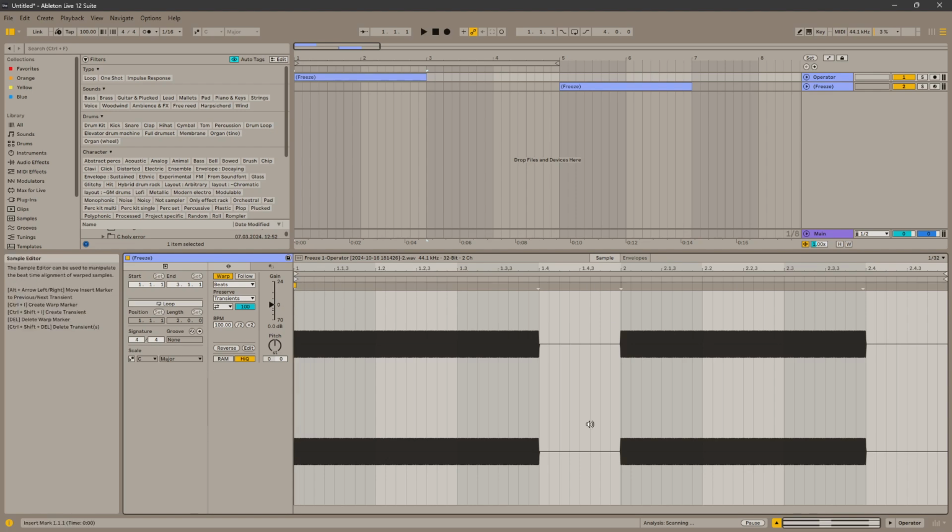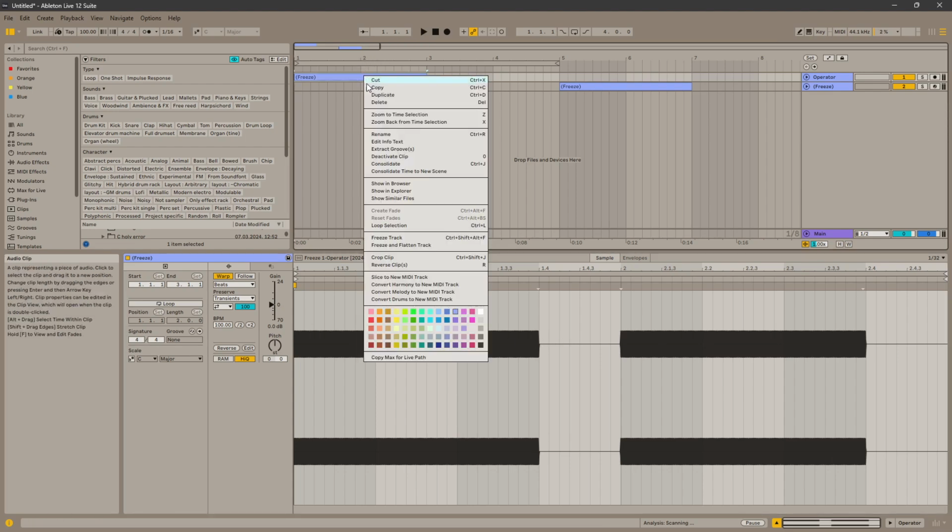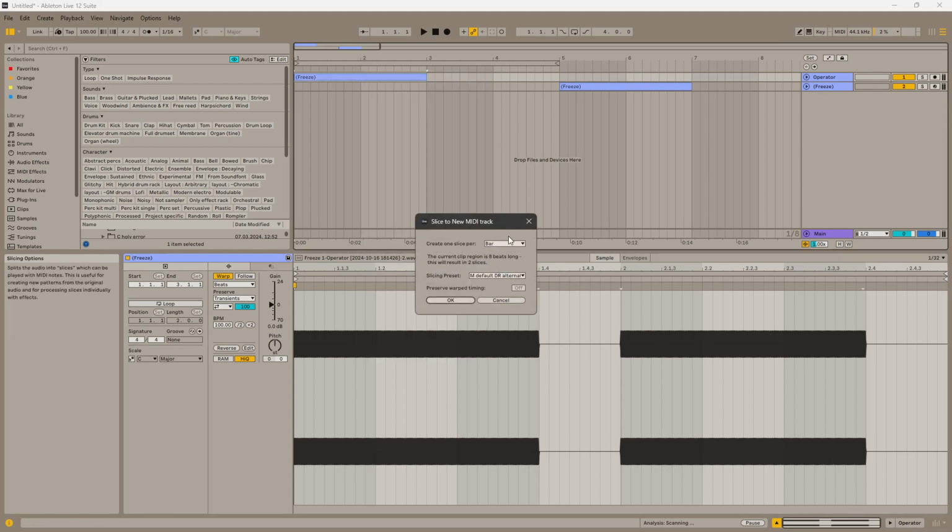Let's say that I want to create 2 samples out of it, like 2 looped samples. I'm doing slice to new MIDI track. I'm selecting bar because it's 1 bar long, and I have my own preset that assumes the release starts at 3/4 of the sample, and this would be the looping part. It's there,